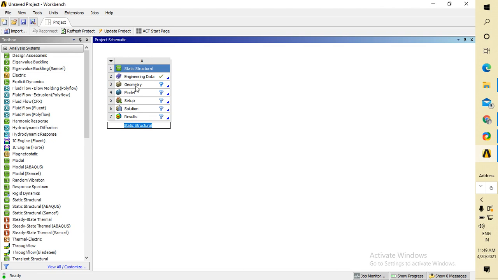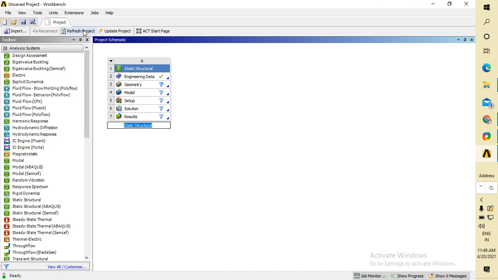First of all, you have to import the geometry. After importing geometry, you apply forces, whether a point load, continuously varying load, or uniformly distributed load, or any other things, and supports, etc. Then you have to set up solution and results. We will finally get the results.